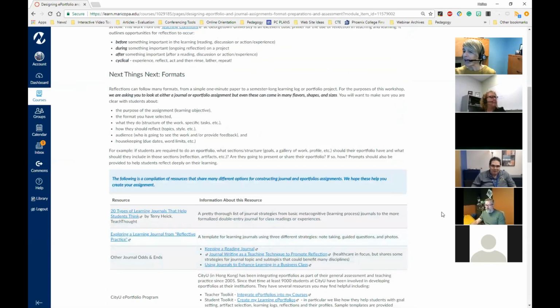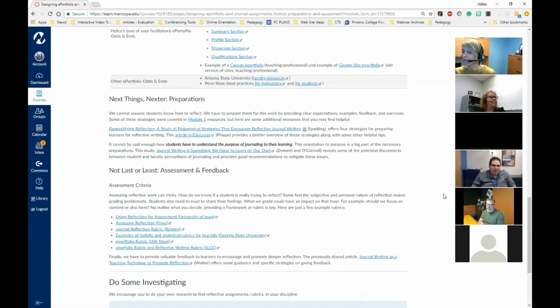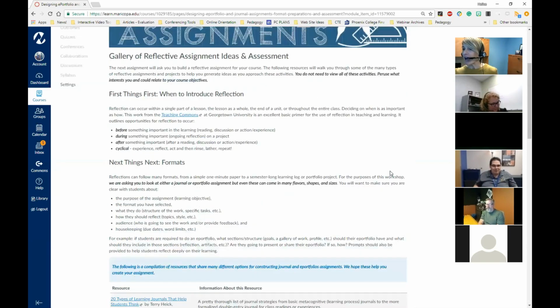And then we also provide some preparation ideas, like how to get students ready for reflective work, because not surprisingly, they're not necessarily that good at it. So it's helping them get to that place where they do more than describe stuff and move to that deeper idea of what it really means to be a truly reflective learner. So this outlines when to introduce reflection in your course, because you can do it before, middle, during, end, etc.,